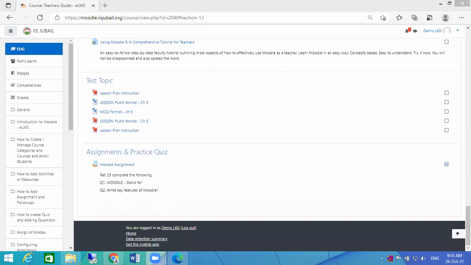I think I have shared it with Smita Madam only. Share it with all. So I have shared it here in the chat box. You can see that the admission number will be the login and STU@1234 is the password.